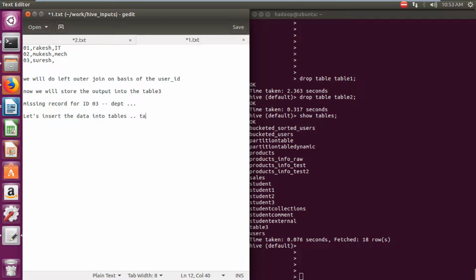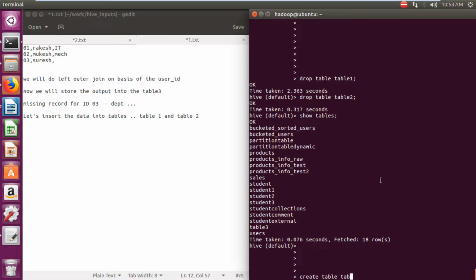We're going to insert the data from 1.txt to table 1 and 2.txt to table 2, and then we're going to do a left outer join. Alright, so let's do it. So we're going to create a table. I'm just going to type in create table if not exists table 1,